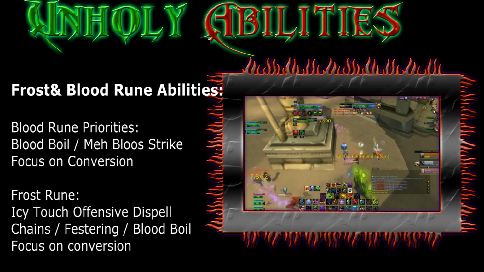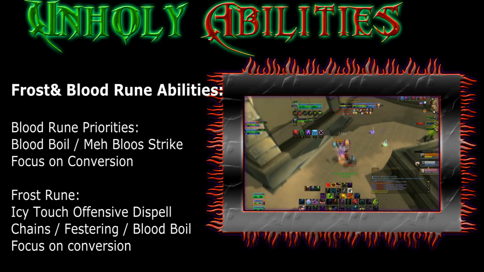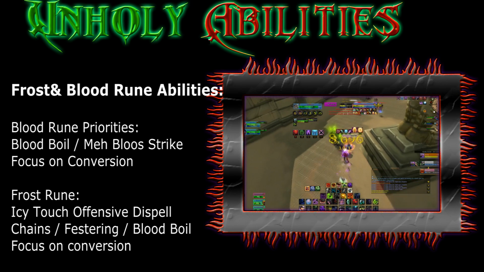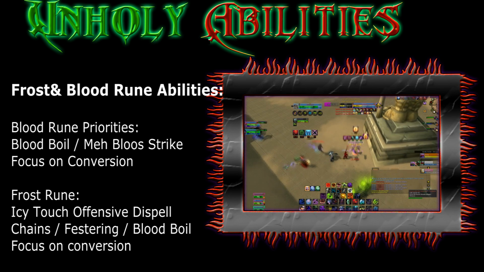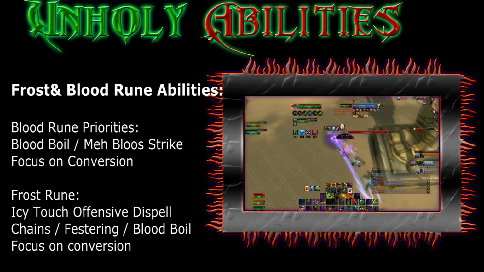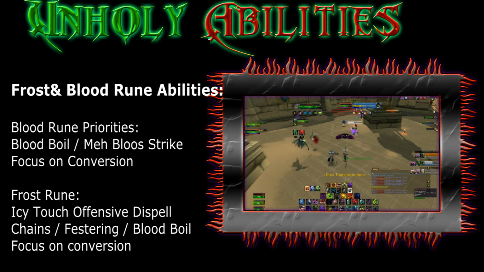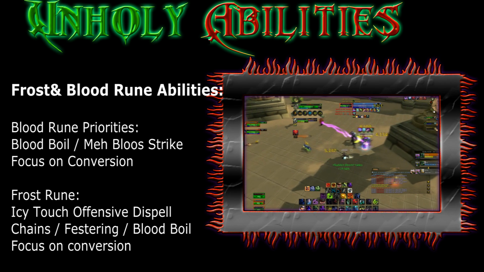Last but not least, let's talk about the abilities for Frost and Blood runes and their priorities. For the Blood runes, these are the priorities. For a single rune usage, you either Blood Boil or Blood Strike. Blood Strike hits like a noodle, and the only time it's worth using it is if you need to convert your rune and the healer is CC'd via Scatter, Trap, Polymorphs. Basically, you cannot AoE Blood Boil at that time, so you have to use a Blood Strike to start converting